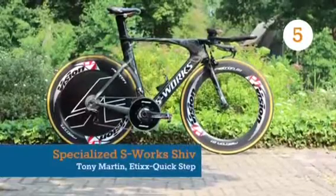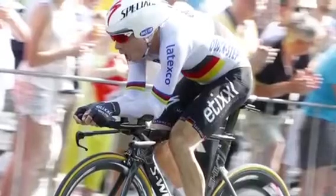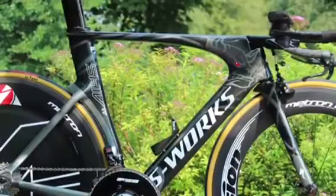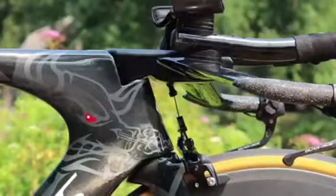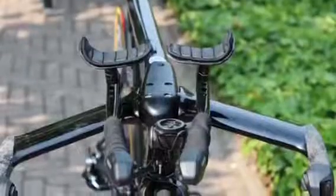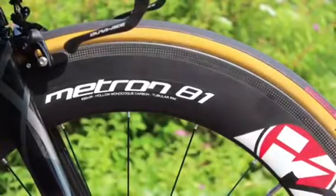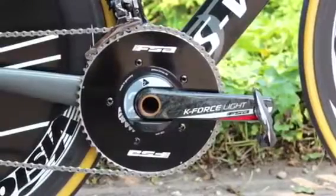German TT champ and king of the pain face, Tony Martin, had a particularly aggressive looking Specialized Shiv with a subtle but equally aggressive custom paint job. While many riders use spacers to raise their bars, Martin keeps his FSA cockpit hung low over the Vision Metron front wheel. There were rumors circulating last year that FSA would be releasing a full groupset